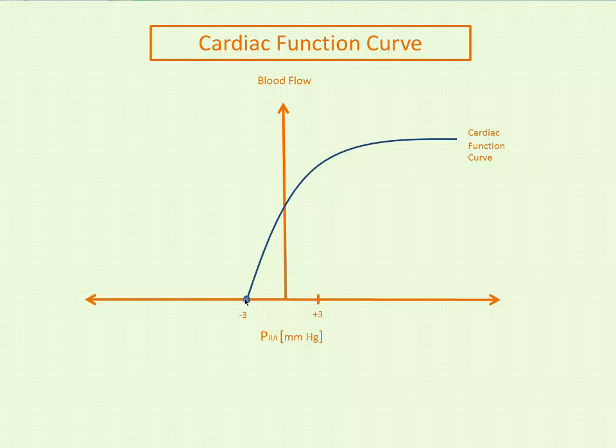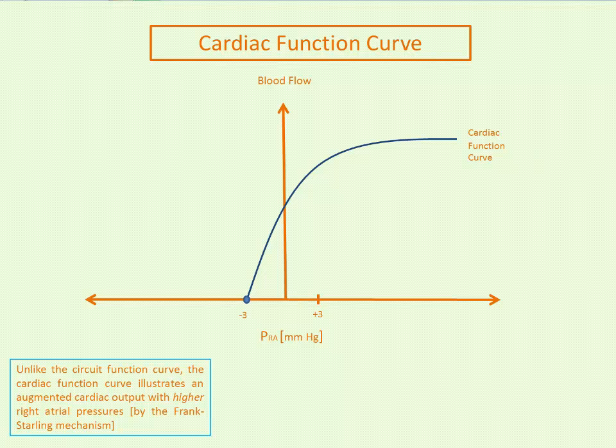And this will shift with inspiration and expiration. So you can actually imagine that this point here tethers heart-lung interaction in terms of intrathoracic pressure. But I'm going to get more into that in a few more slides. Like the venous return curve, the cardiac function curve can shift up and down in terms of circuit function. So if you were to shift the curve up and to the left, like this,